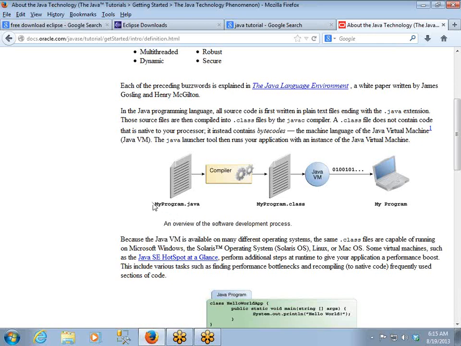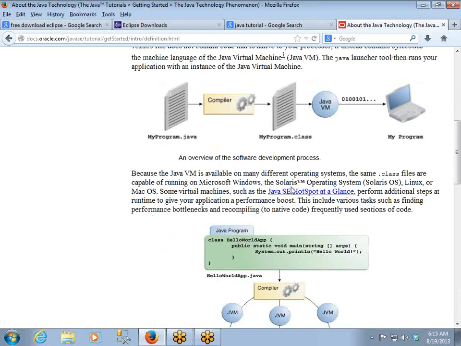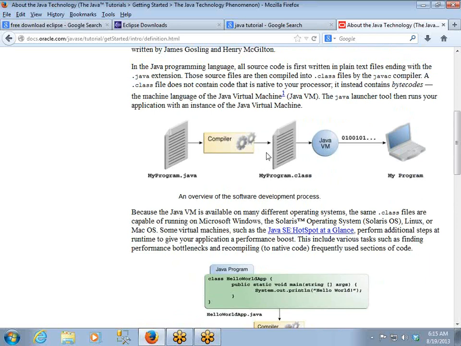Coming to Java, when we write the Java program, the Java compiler is given for us, and this compiler converts our source code into some intermediate file called a .class file. This is a very important file. You can see here my program.class. This is the file I'm talking about. This file is the compiled format of the Java source code. So the Java compiler takes the source code and compiles it to an intermediate file called a .class file.